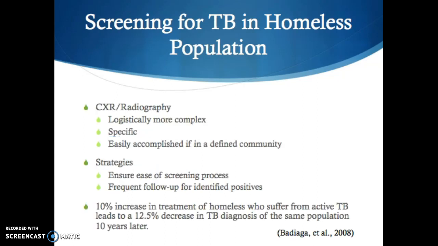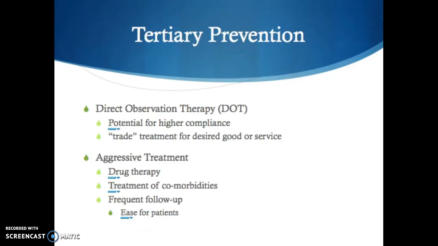So we look at chest radiography. Chest x-rays are logistically more complex but most specific. And it's really easily accomplishable if you can define your community, pre-plan ahead of time, get the resources and the funding for the resources out to the sites to get the individuals treated as best as possible and screened as best as possible. Once you've identified that they have either latent or active TB, immediately getting them enrolled into a screening process, or through the screening process and into a treatment process, is critical. We have some data there that shows that an increase in treatment of just a small number of people over the long term will decrease total instances of diagnoses for the same population, which is promising.